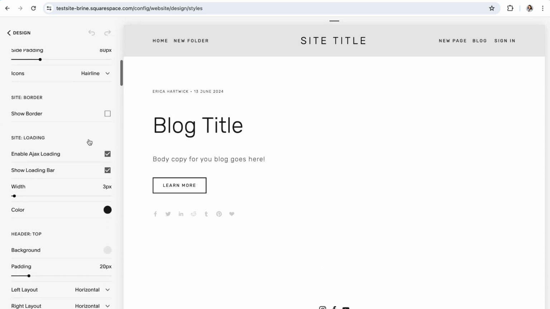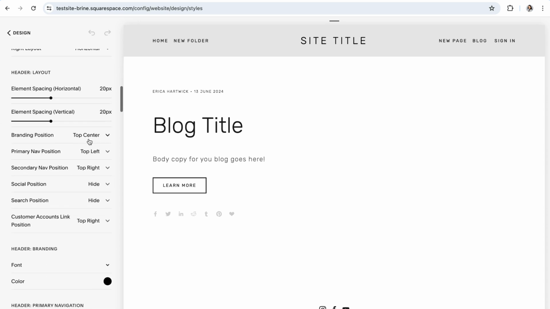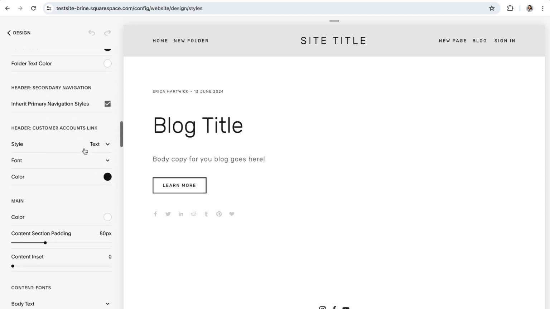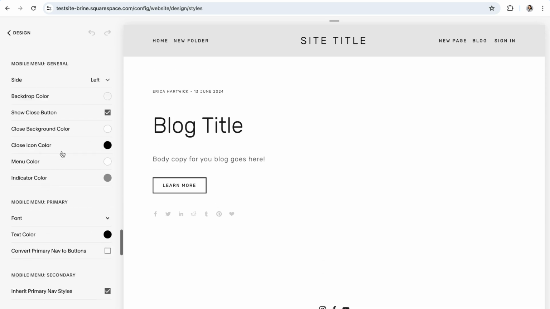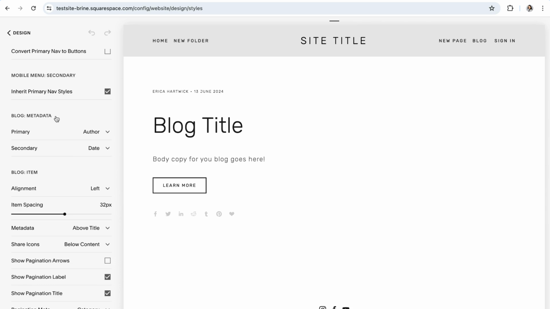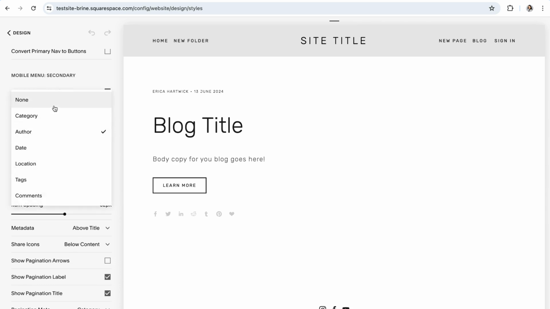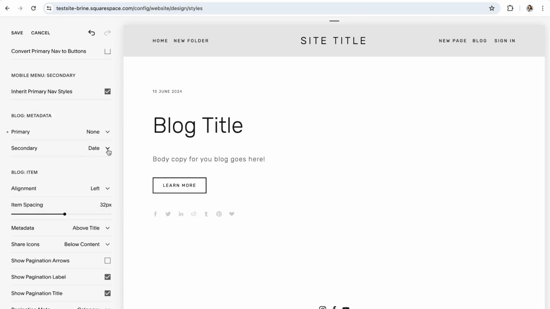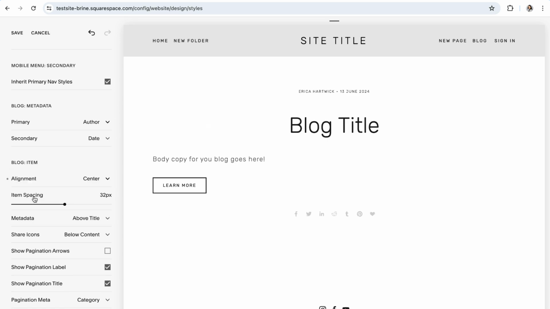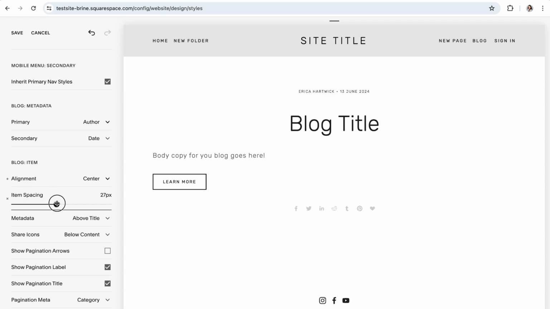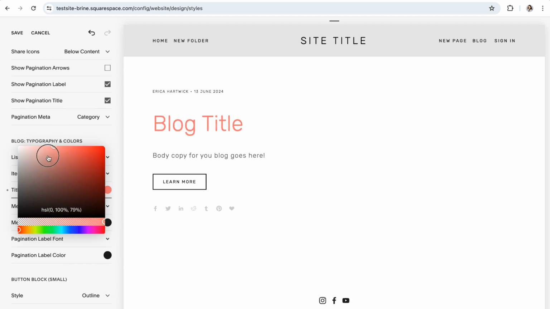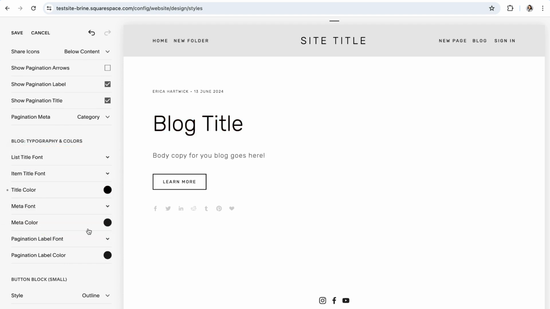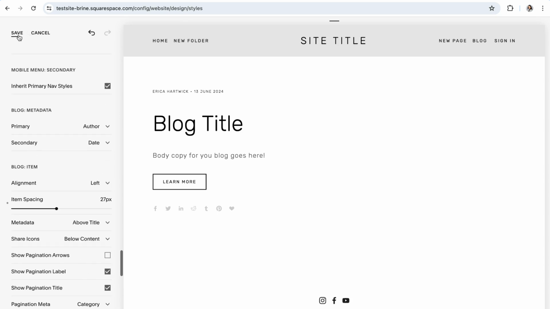You can then scroll down in this Site Styles panel until you find the blog sections, which are usually a little bit closer down to the bottom underneath the mobile settings. And here you'll be able to toggle on and off certain elements. You can remove the author or the date or switch the positioning of those things. You can customize the alignment of your content and the spacing. And you might even be able to customize the font and the color of some items depending on the 7.0 template that you're using. And then when you're happy with the changes that you've made, go ahead and click Save